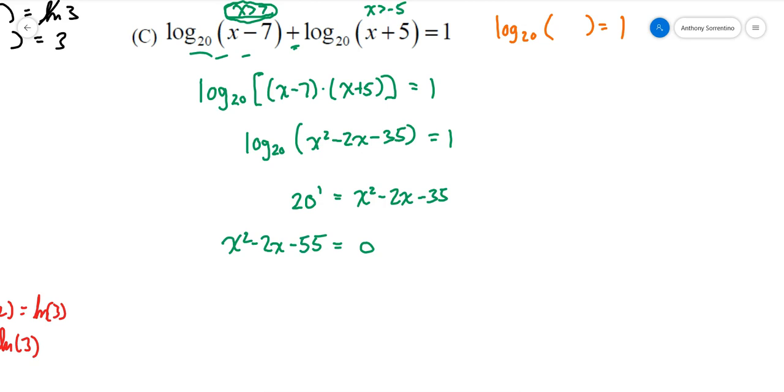This is now a quadratic equation. What you find out is that there's not many factors of 55 that are integer factors, and none of them really give you a difference of negative 2. So I'm going to use the quadratic formula because I do have it set equal to 0. And we have 2 plus or minus the square root of 4, which is what 2 squared is, minus 4 times 1 times negative 55, all over 2 times 1. x is going to be 2 plus or minus the square root of